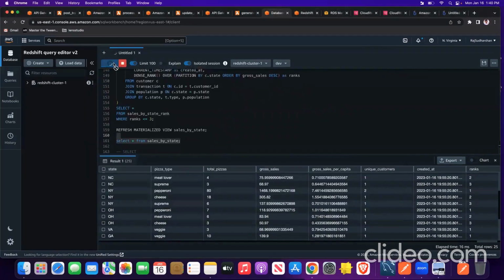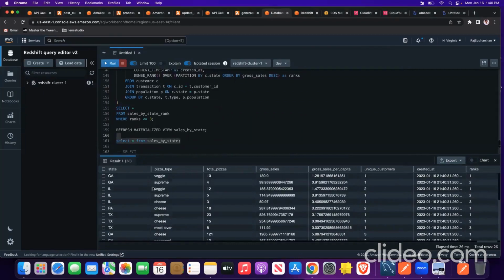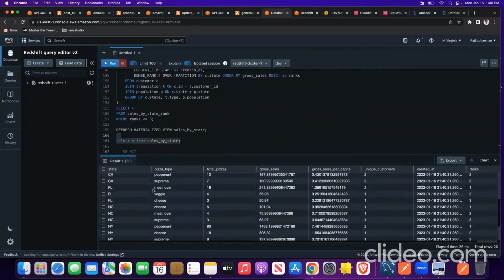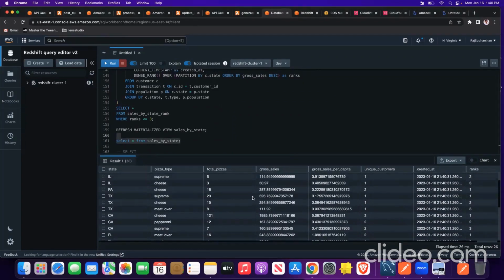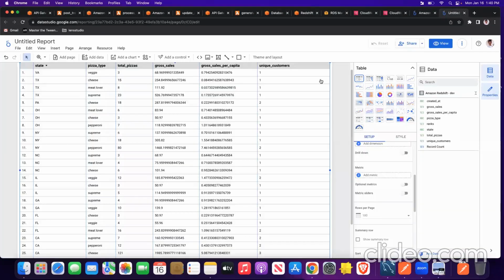Now if I run the select sales by state again, we'll be able to see two VA entries. So this is the latest entry we added. With this, we can get the real-time data. And to show this is the real-time data,